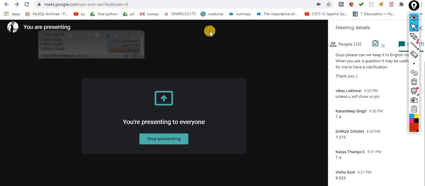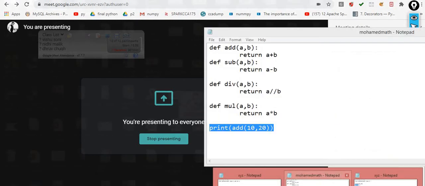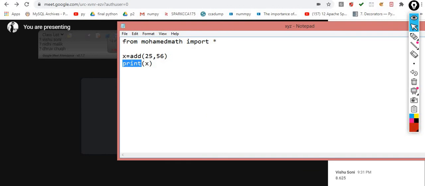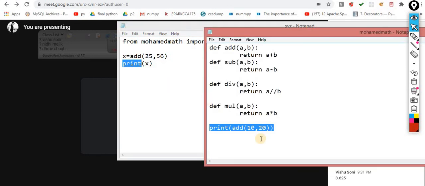Okay, if __name__ is equal to double equals main. So understand this concept. I am showing you practically, then the picture will be more clear. First I am showing you the variables that are automatically generated by Python. I think the function for that is dir. Let me try it, and this module name is Mohammed math. Let me print this.